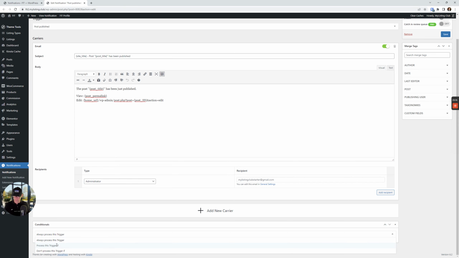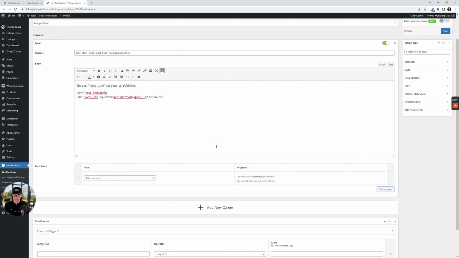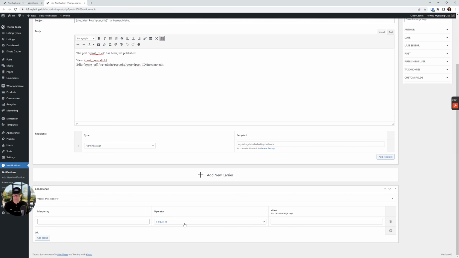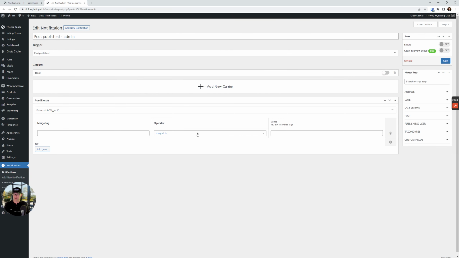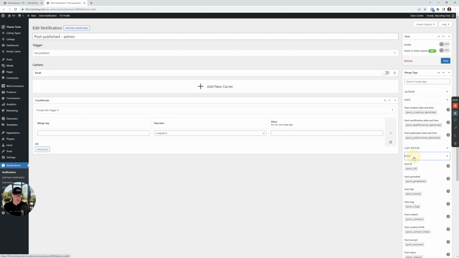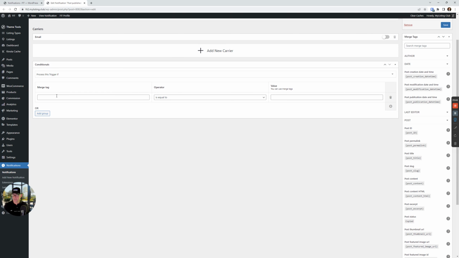You can change the conditionals to process this trigger if, and then you can, let me go ahead and toggle this off so we have more screen real estate here. Process this trigger if, and then you just build your conditional. So you can use merge tags again. Let's say only send this out if the post status, so that's our merge tag, post status, is equal to, whatever, published,